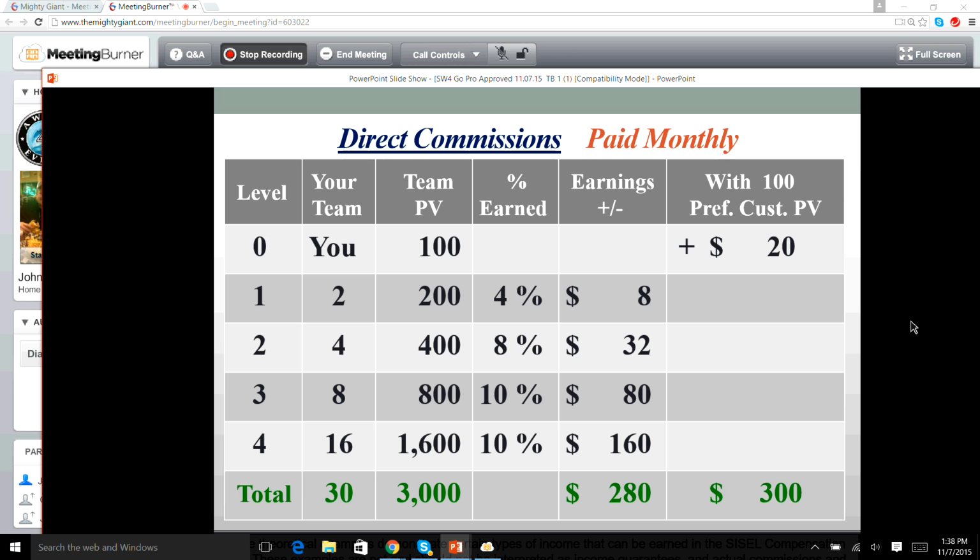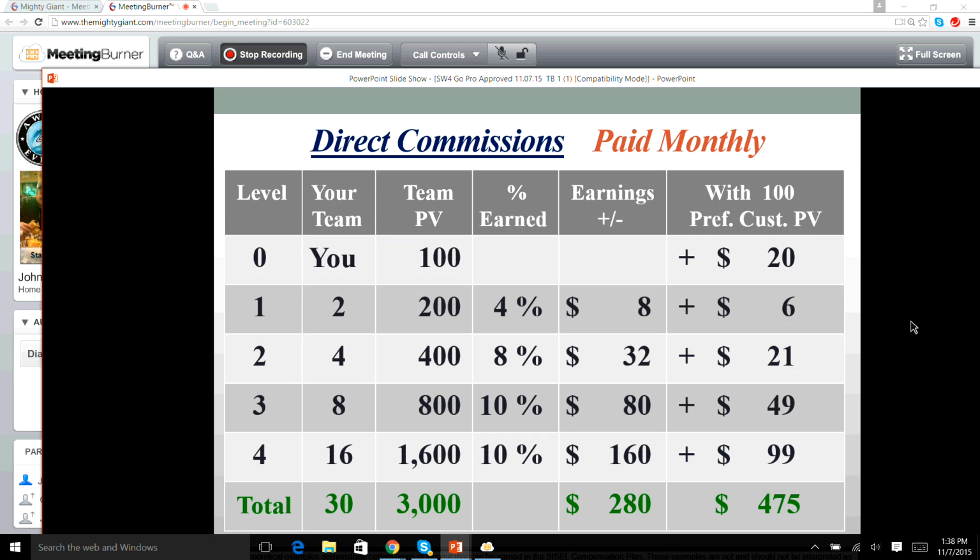Excuse me, I'm getting excited. You're doing 2x2 and you're covering your ownership. They're doing 2x2 and they're still broke, okay? And if everybody had a preferred customer on top of you, if you duplicated that, where everyone just had one preferred customer doing 100 points, you're now making $500 a month on a 2x2.